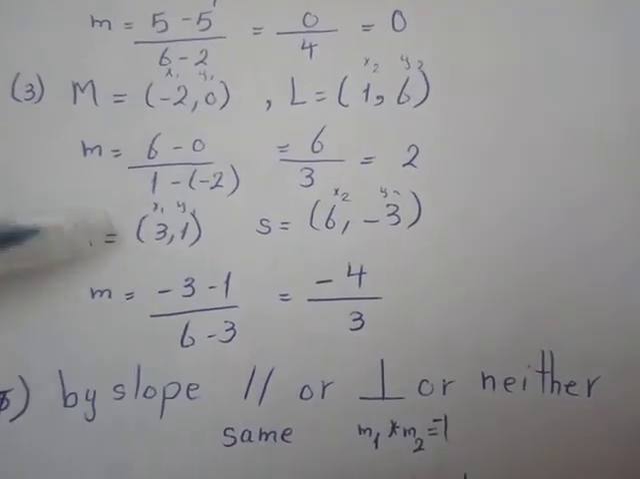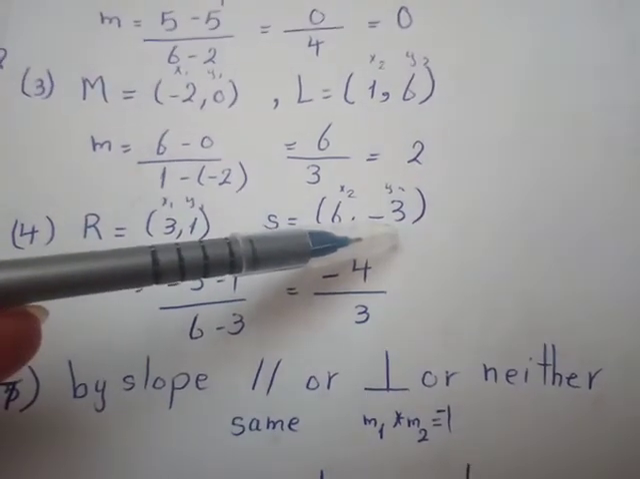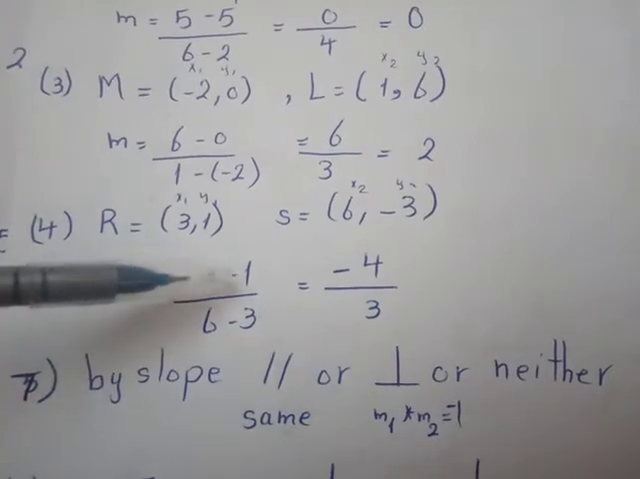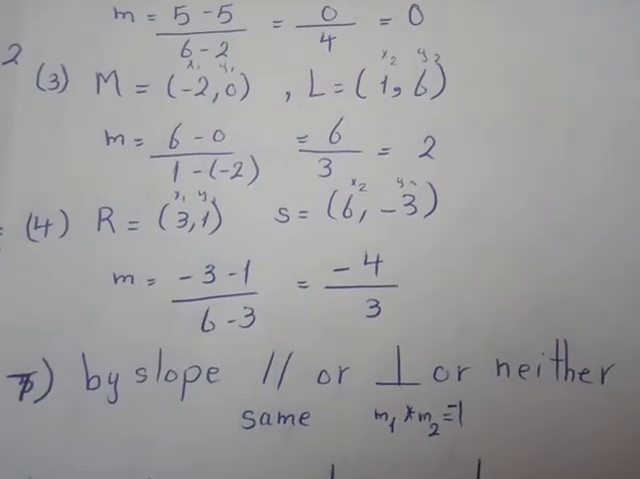R equals (3, 1), S equals (6, -3). -3 minus 1 over 6 minus 3, it will be -4 over 3. Next,